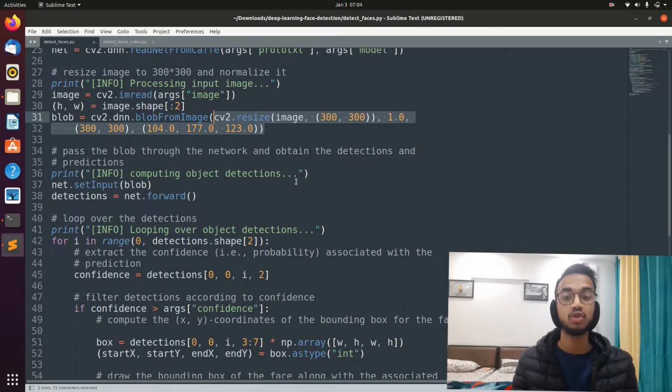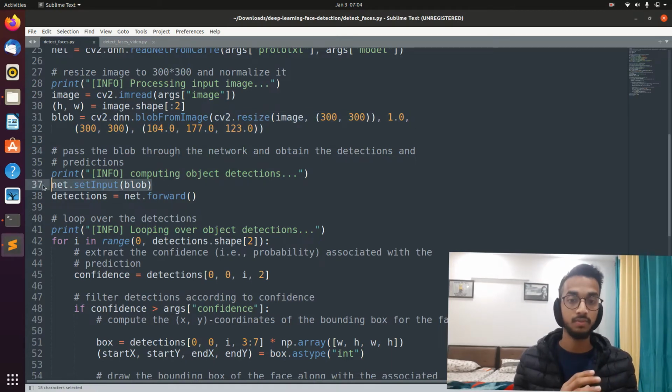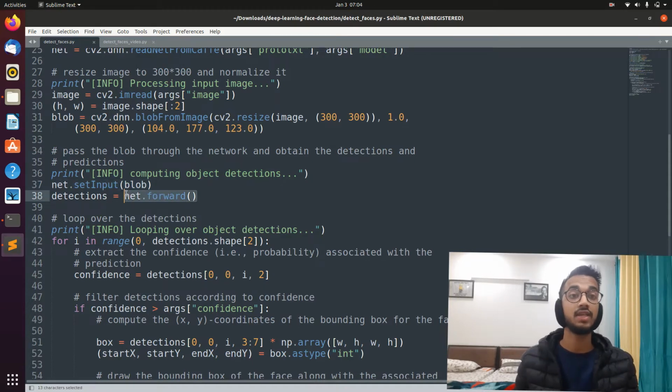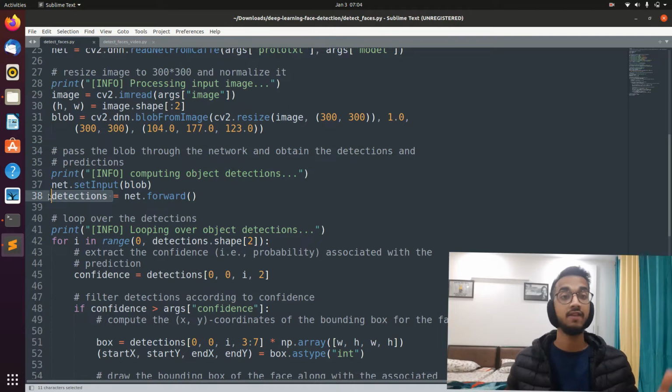The next thing is, of course, to give the image to the model now that we have processed it correctly. So we first write net.setInput, which sets the blob that we just processed as the input. To actually run it through the model to start computation on the image, we write the function net.forward. So this provides the image to the model and it will give you the output and store it in detections. So if there is one image, let's say there are 10 faces in it, it's going to give you 10 detections. So now we're going to be iterating through all those detections and plot the bounding boxes around those faces so it's visible really clearly.